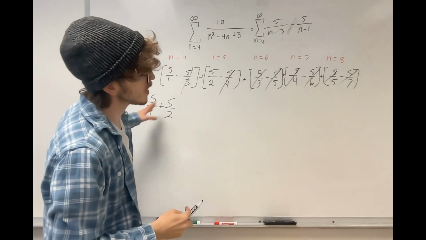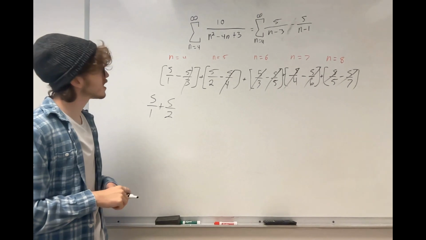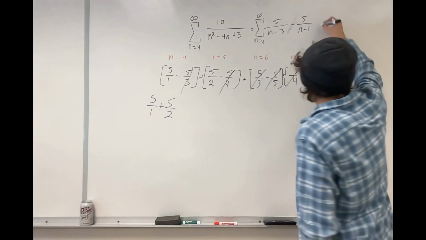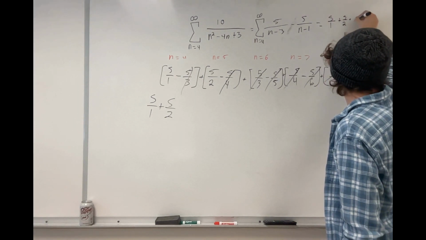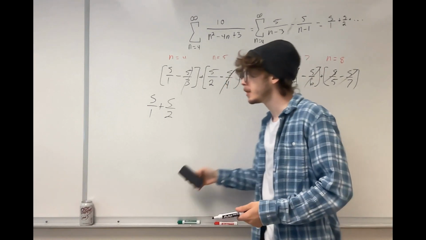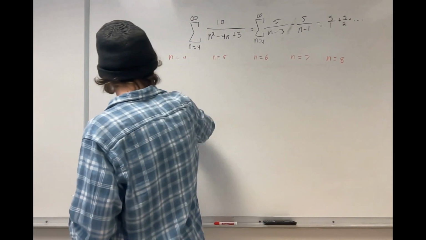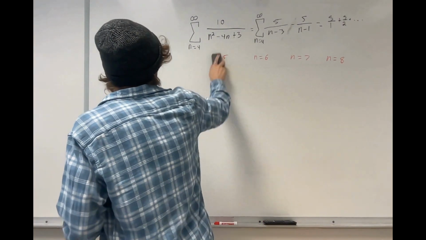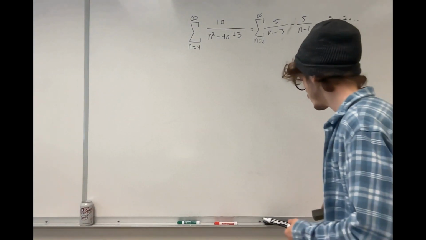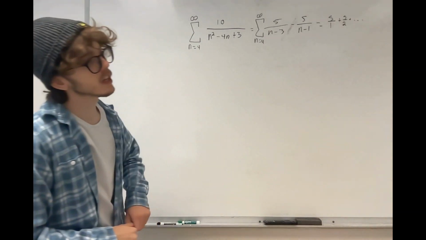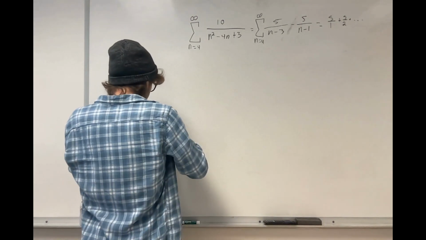And it's going to continue to cancel out until we get to infinity to our last term. So let's keep this here, that it's equal to 5 over 1 plus 5 over 2 plus ... because we need to determine the rest of the sequence. So let's change our variables here. Instead of evaluating at the beginning of our series, let's go to the very end. Let's say, and let's rewrite this here,